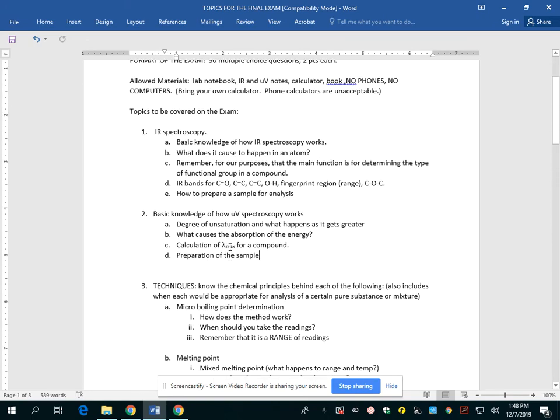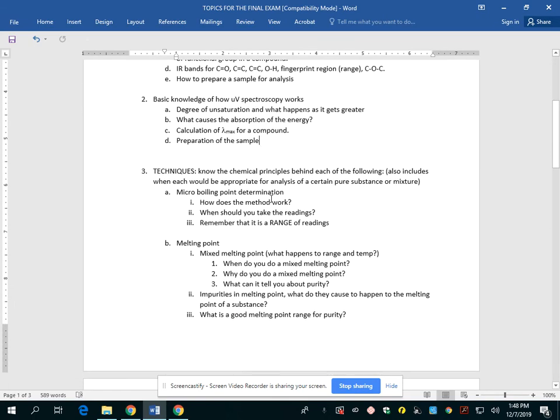On the techniques, micro boiling point, how does the method work? When should you take the readings? And remember, it's a range of readings. Remember, you would look for rapid bubbles, and then the rapid bubbles would slow down, and then you would have the slow bubbling. Once you saw the slow bubbling